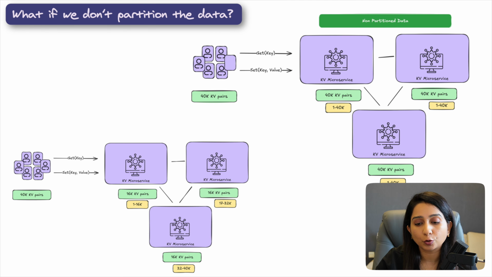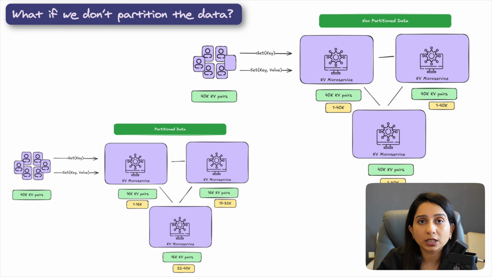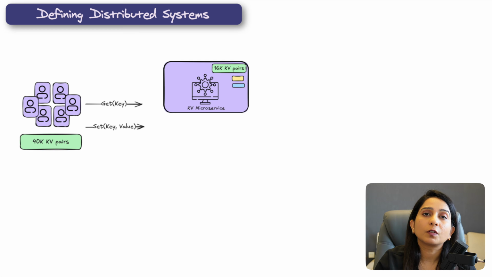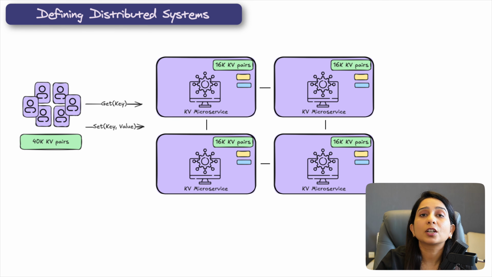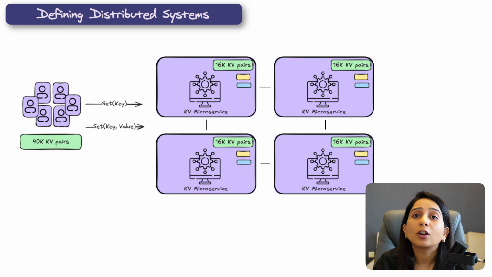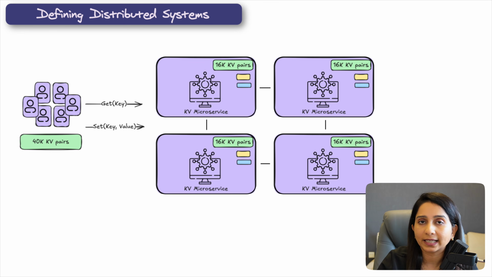In the previous case that I showed you, you have partitioned your data, but it is also possible to store this data in multiple machines and have the property of redundancy and high availability by replicating the whole data across multiple machines. Now, the important thing to note here is that instead of serving all your data through one machine, you brought multiple machines into the picture. They are communicating with each other. They are storing multiple copies of your data, and you're still able to serve the users who just want to have the operations of setting and getting key value pairs.